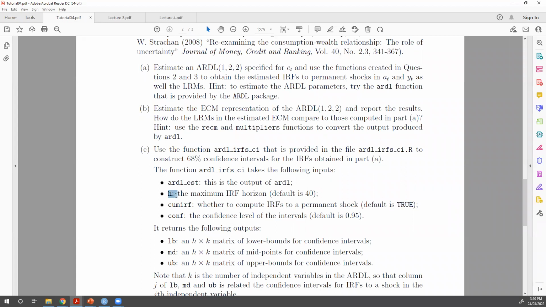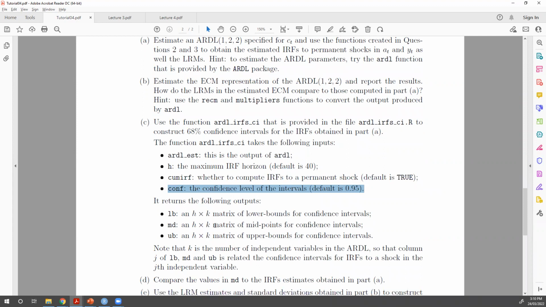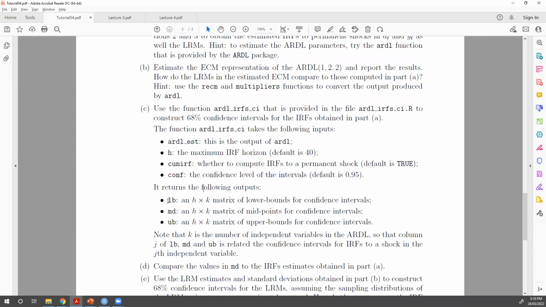We also need to input the horizon and the estimates from an ARDL. So it's pretty much the same inputs that we had before, but now we are adding the confidence level as another argument, another input. And as output, we are going to get 3 matrices of the lower bound of theta